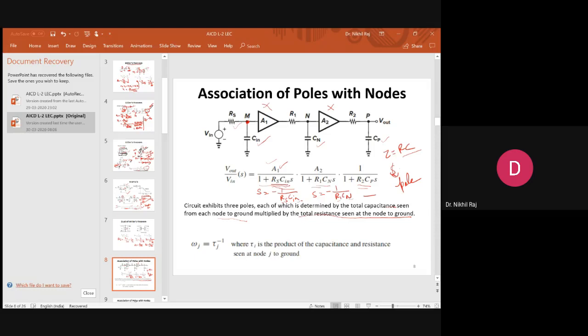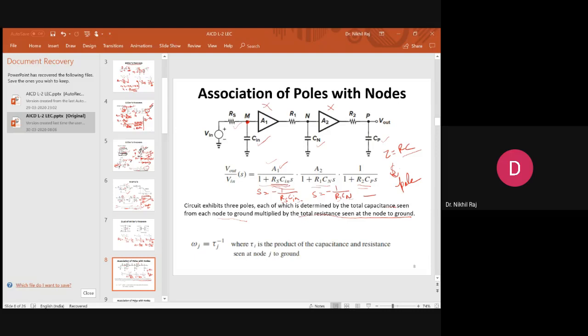Okay, so based on the location of poles, we also decide, if there are multiple poles, that the poles nearer to the origin are the dominant pole, and it will dominate the nature of the circuit. Further, if zeros are there, then what is the impact of the zero on the pole? All these analyses are also important in circuit analysis.